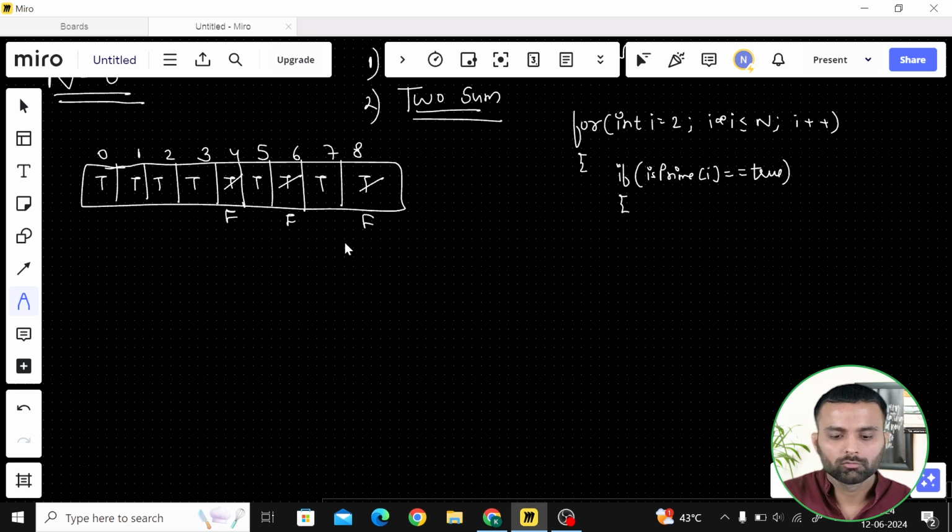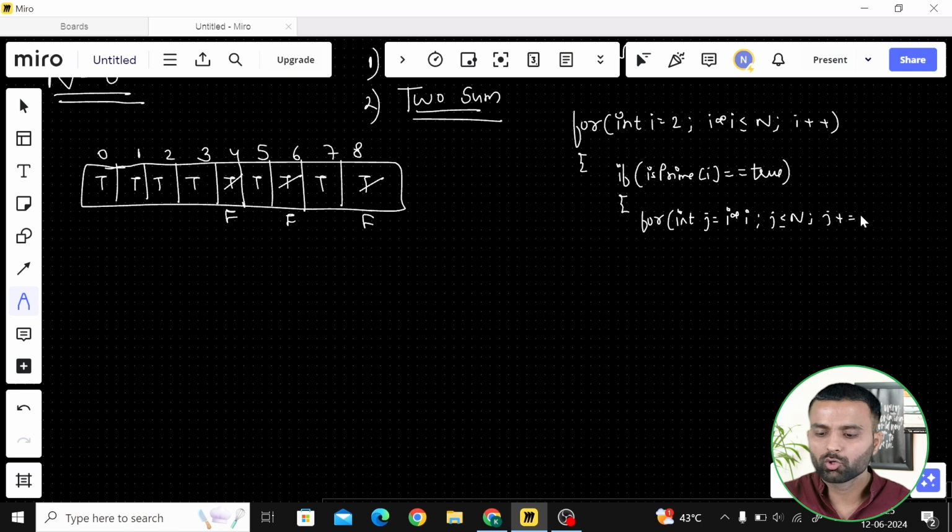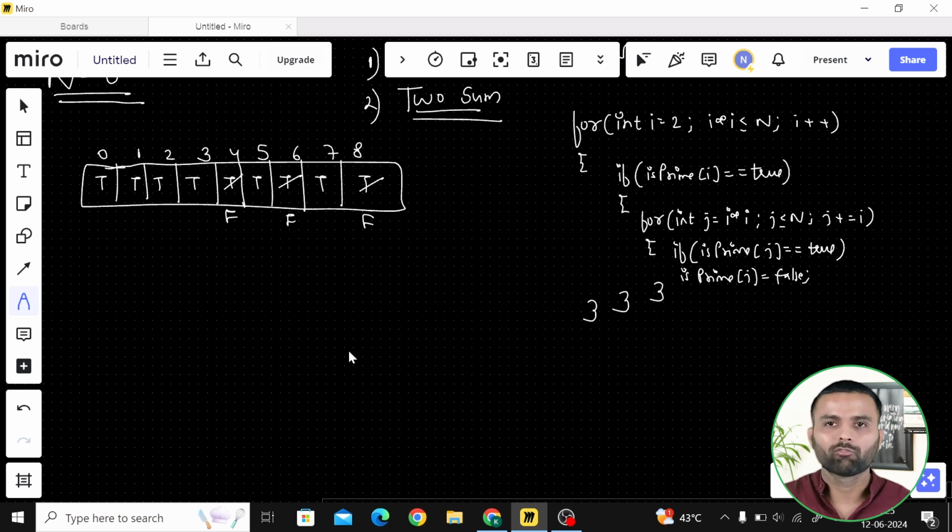Now my j starts at i into i, and the inner loop runs till n with j increasing by i. Here again I ask, is isPrime of j equal to true? If it's true, just make it false. That's the simple idea of it, right?